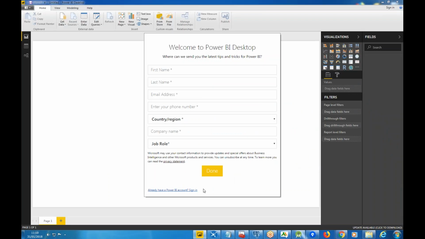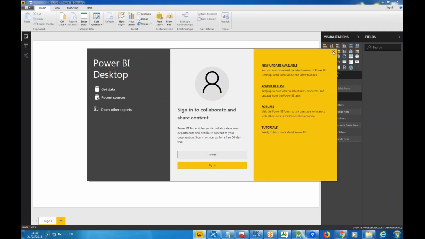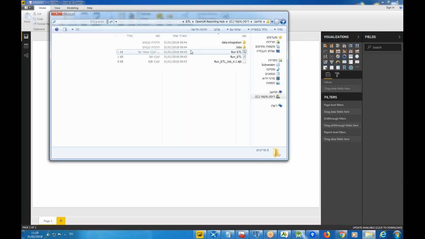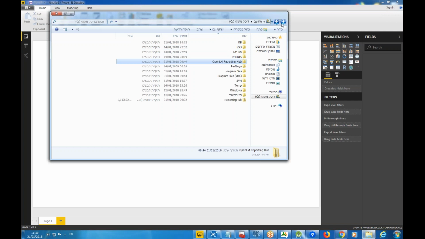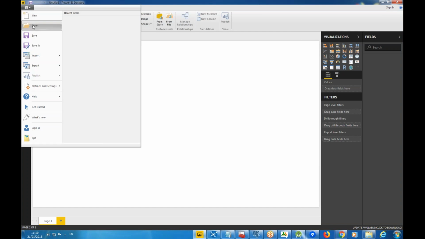So once Power BI opens, we can just close this. And now we can open in the reporting hub inside reports. We see that we have a few templates here. Now this is an empty connection template, organizational report, and utilization report. So I'm just going to open the connection template. So I'll set up the connection and save the template. So I'll click open,